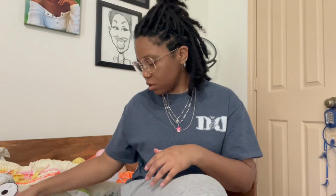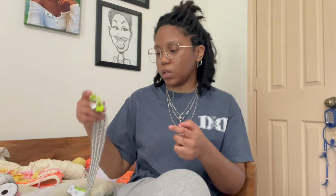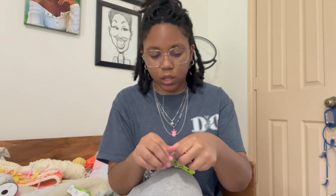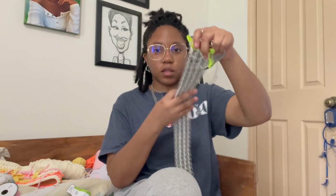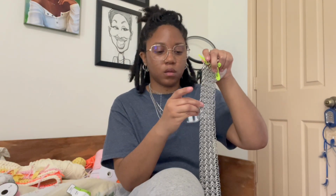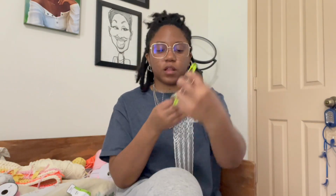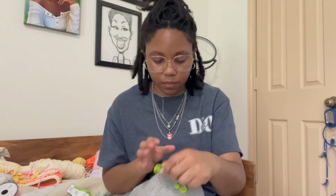So I got my pliers. Here is the buckle. I'm actually going to take this side over here. I'm gonna take this gray one. I have this so I can know whenever I start adding chains that this is the side that I'm not working on, but also this gray one was on the right, so I know that this is my right side and this is my left side. So if I had it this way, I would know that's wrong because it's on the left, but if I have it this way, I know it's right because it's on the right. Anyways,